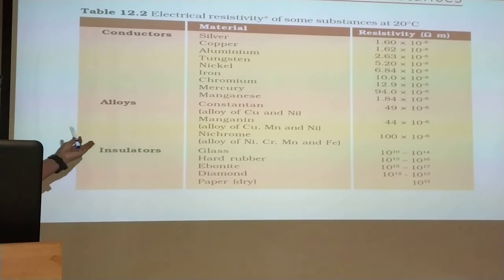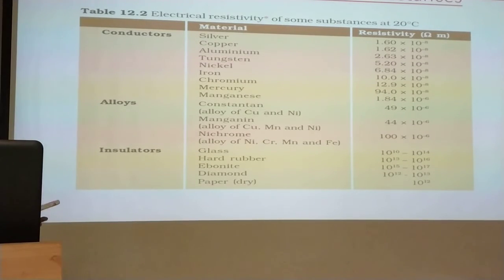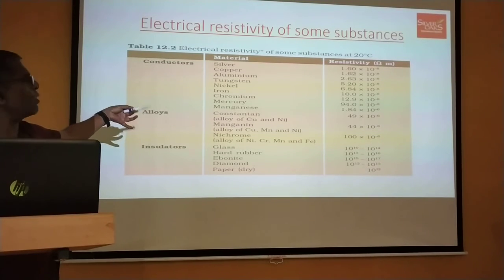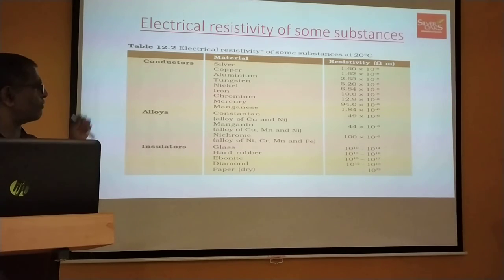And if you see the insulators, resistivity is very, very high because they don't conduct electricity. So that means less the resistivity, less will be the resistance, provided the dimensions, length and the area, are same of different materials. One important thing is you don't have to remember these values. This is not required. But to solve the numerical problem, you can always refer to this table.